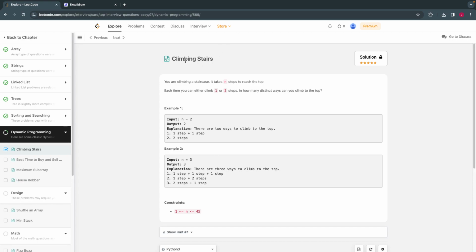So the problem is, you have been given stairs, right? You have to climb those stairs. It takes multiple ways, or steps, to reach the top. When you are climbing stairs, you can take one step or two steps maximum at a time. So if there are two stairs given,